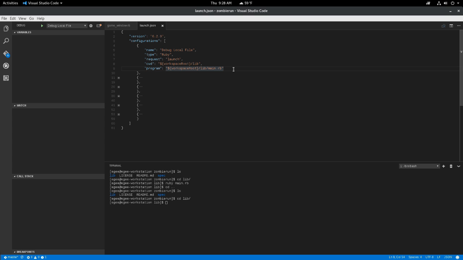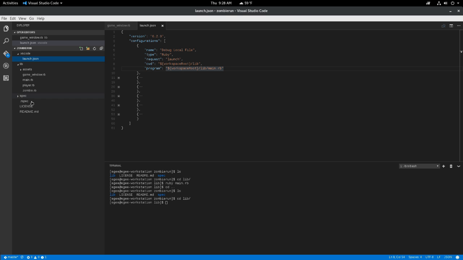Well, maybe the second step. The first step is getting all the prerequisites. So if you're debugging with Python, and I'm using Python as an example because it's probably the second or third most popular language used with Visual Studio Code, you need to make sure you have the Python extension, and you need to make sure that you have all of the pips or whatever those are called to make sure that you can actually debug. So once you've got all the prerequisites, you've got to set up your launch.json file, which